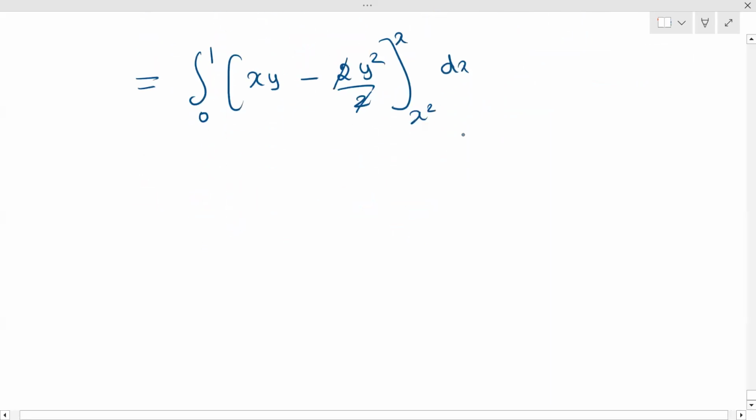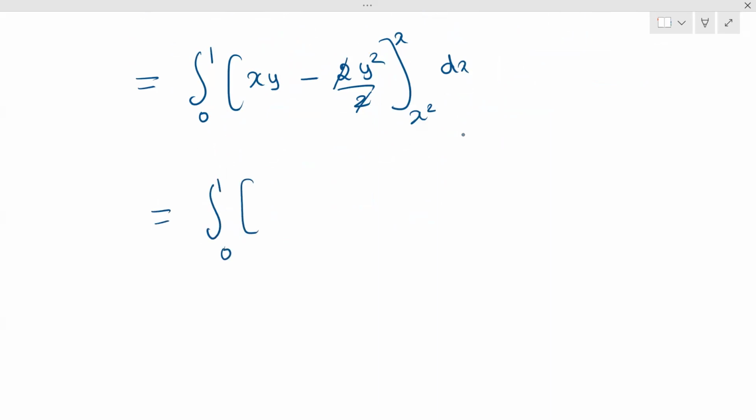Now, we did the integration. Now, we have to apply the limits, 0 to 1. First, apply the upper limit. We have to apply the limit for y because we did the integration with respect to y. So, apply limit y equal to x means x square, minus, apply the lower limit that is x square. Here y equal to x square means x cube minus x to the power